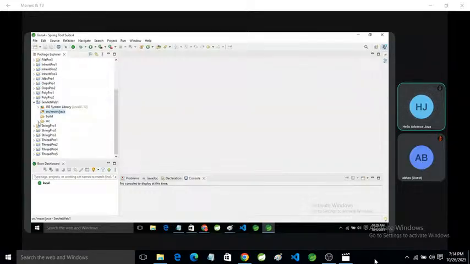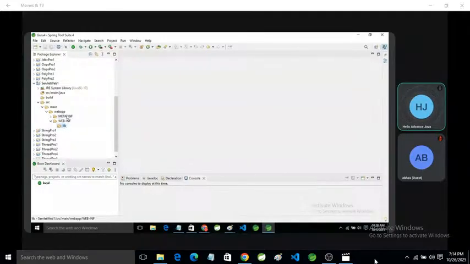This is src, and src has main, which has webapp. In webapp we can create all the static pages. Webapp has two folders, META-INF and WEB-INF. WEB-INF contains the lib folder. The lib folder contains the library files. So we can create any static page in webapp, and the library files we save in the lib folder.